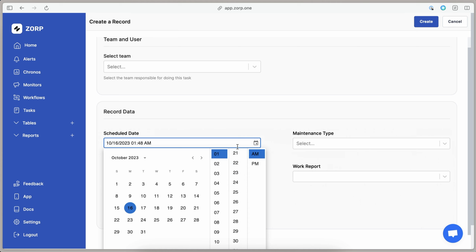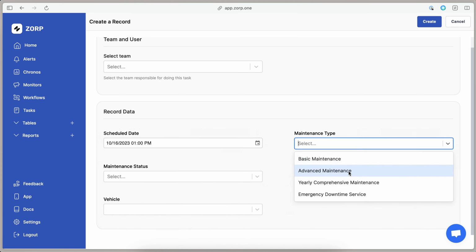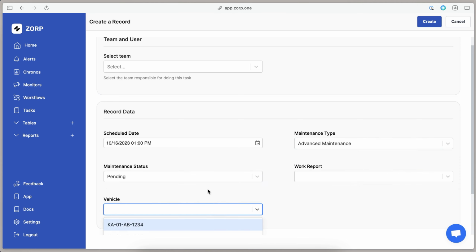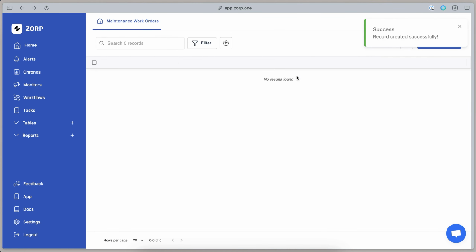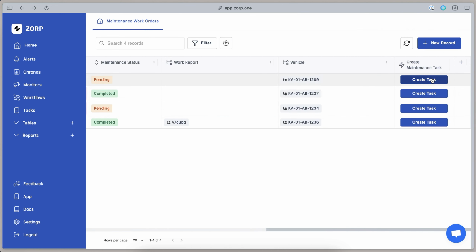1 p.m. And I can say this is, let's say, advanced maintenance. Maintenance status is pending. And vehicle, I'll choose one of these vehicles. Okay, but it could be any asset for that matter. So hit create. I see all the details are actually okay. And finally, when I'm ready, I just hit create task. Okay. So once I create the task,